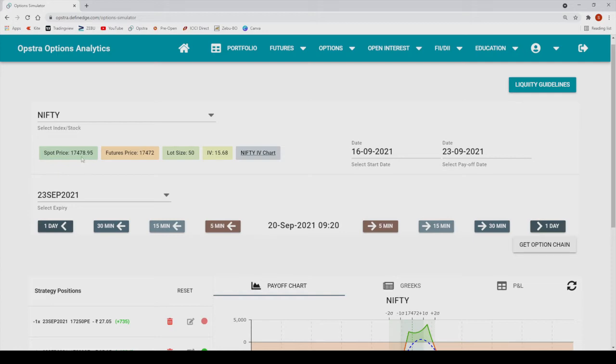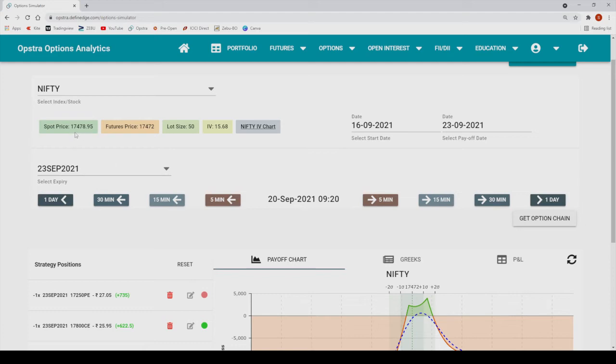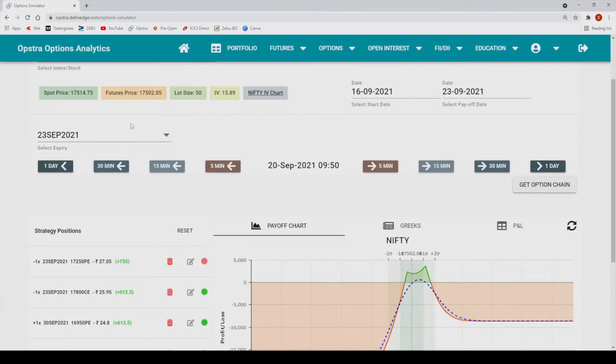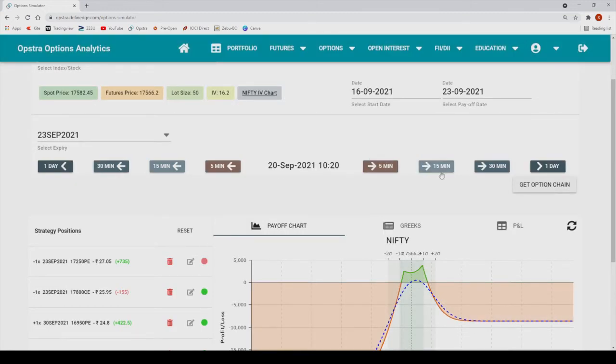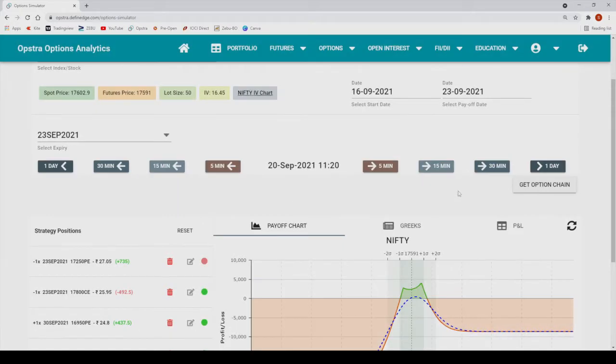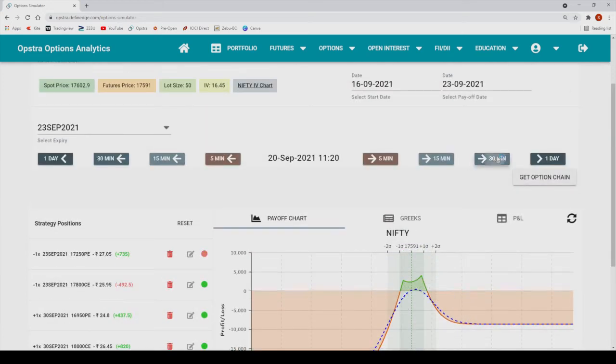Okay, there is a gap down. So what is our lower break even? 17,350. Okay, so we will wait for some more time to do adjustments. 514, 582, 595, 315 profit, 562,